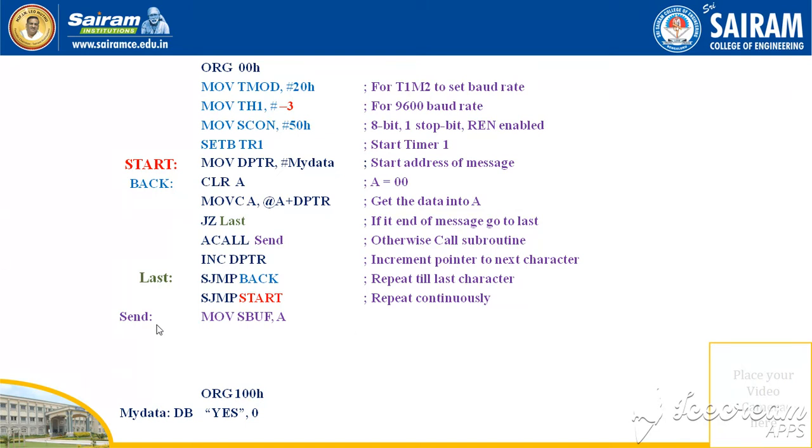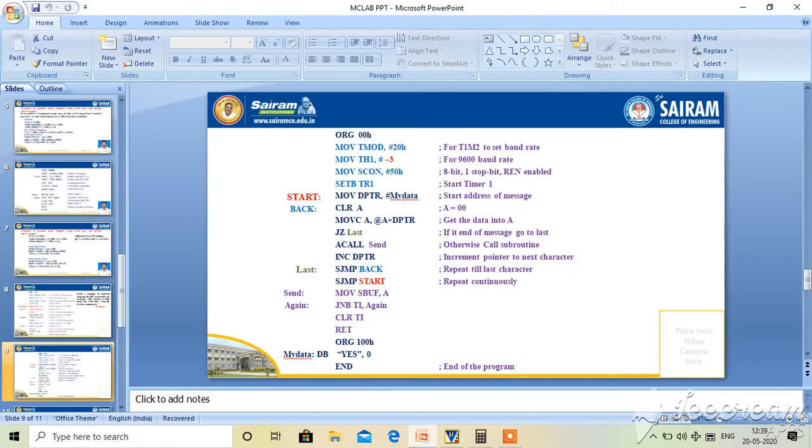So as you know, when this instruction calls a send subroutine, the character to be transmitted will be copied into the SBUF register, and then it monitors the flag, clears the flag and returns. This is the program. So this is an efficient program. So now we'll see how it works.